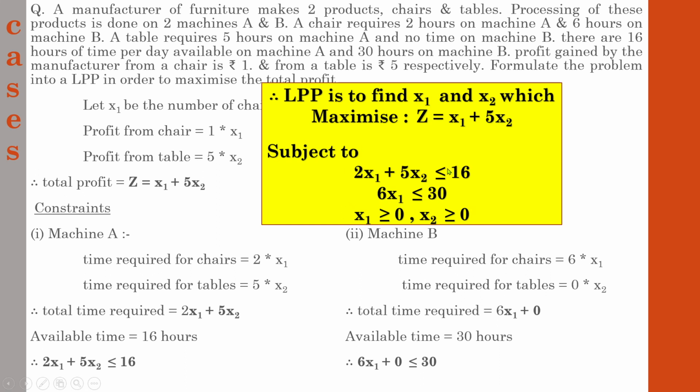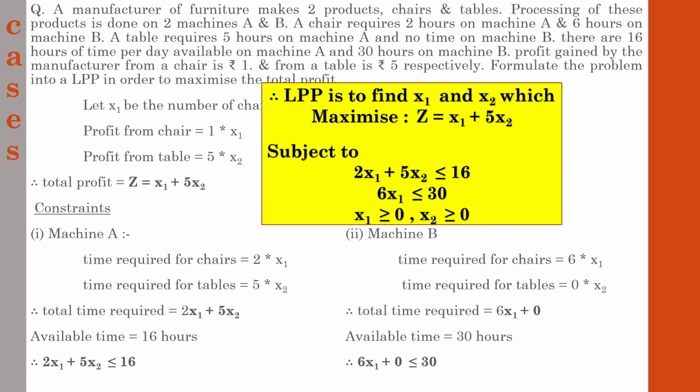So this is how you have to deal with a linear programming concept. In this case you need not find the final answer or final value, just prepare the statements in various steps. You need to find the objective function and constraints, and on the basis of the objective function and constraints the decision maker will use various variables and numbers within these equations to find the appropriate answer. You need not go further than that, just prepare these values, the maximization or minimization value. If it is related to cost, it will be minimization, subject to various constraints. So this is how you have to deal with a case with regard to LPP.